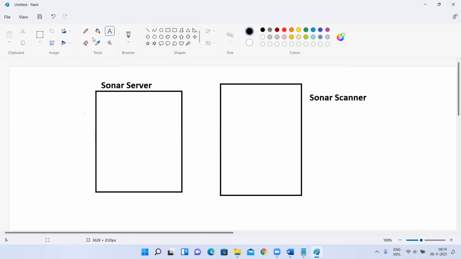Now, if you have a different machine for Sonar scanner, what is the job of Sonar scanner? It is going to scan each file line by line. All Java files or whatever language you are using, it is going to scan each and every line. Once it scans, it generates the report, right? To which server does it have to give the report? To my SonarQube server.